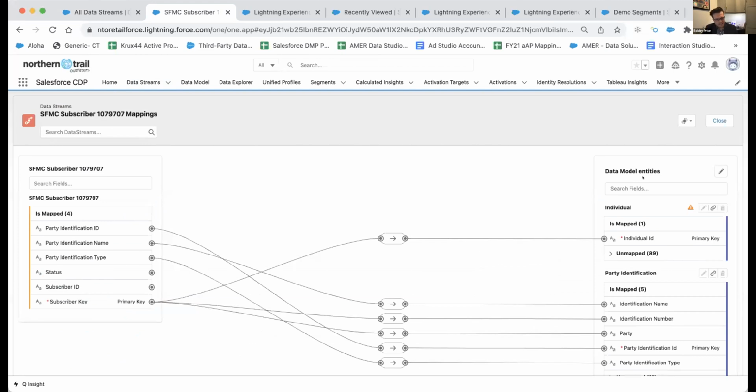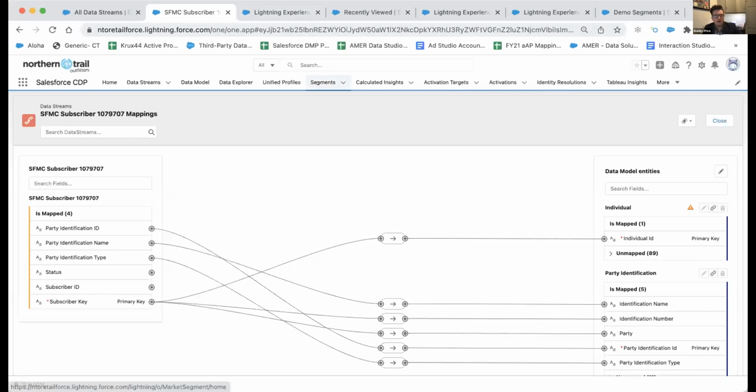Now, because the CDP will take data in from all of your different sources, it needs to know that this key that I brought in here on this side equals this key on the right side. So we need to make sure that our naming conventions are the same. So we can see here that in this one data stream, subscriber key was listed as the primary key, and it's now mapped to the individual ID. This idea of the individual, this is a key theme within CDP. Everything has to map back to that individual, and if not, the unifications and the profiles will probably be off. We need to know that subscriber key in this is individual, and we need to make sure that that's a uniform decision going across all of your different streams.